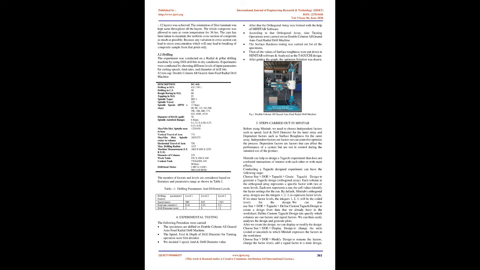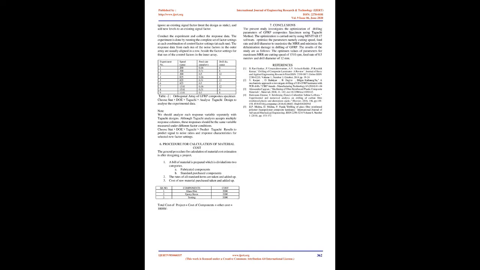For experimental testing, the following procedure was carried out. The specimens are drilled on a double column all geared auto feed radial drill machine. The speed, feed and diameter of the drill for the operation were first decided. We decided 3 speed, feed and drill diameter values. After that the orthogonal array was formed with the help of Minitab software. According to that orthogonal array, 9 operations were carried out on the double column all geared auto feed radial drill